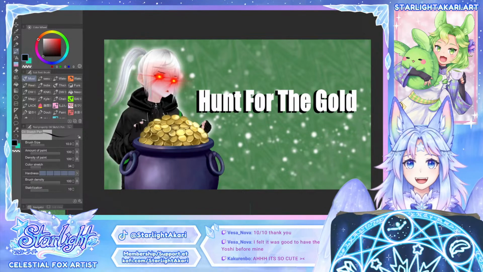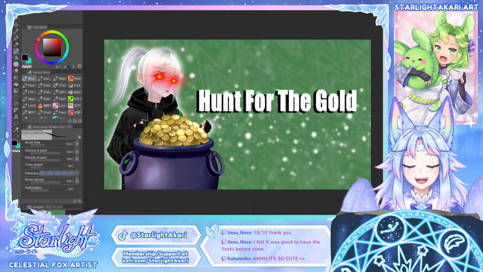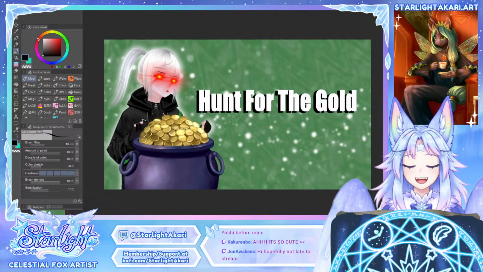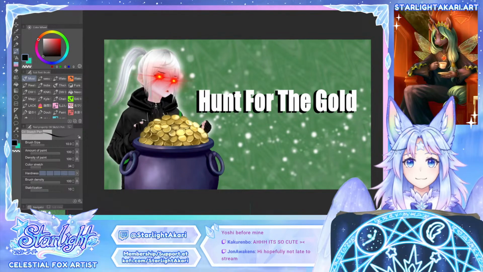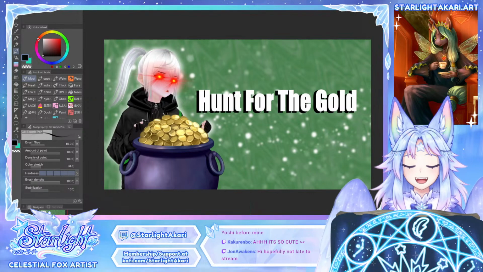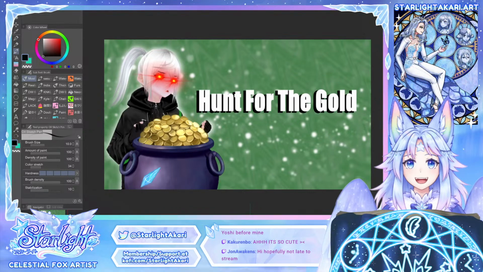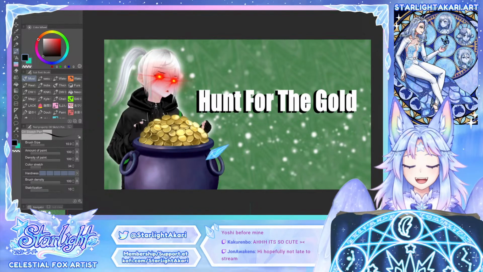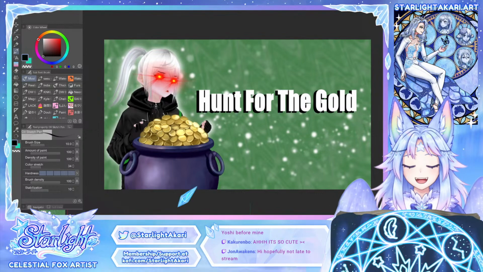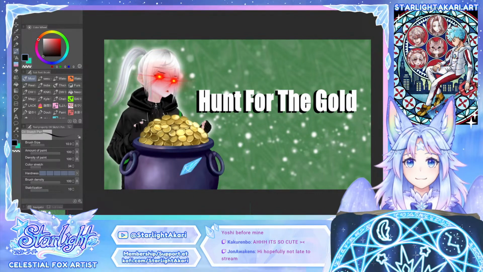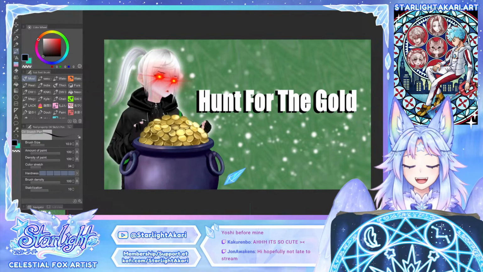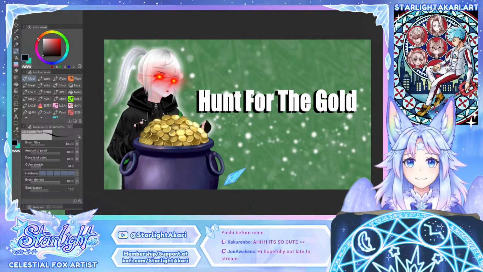I think that what Vesa is doing on the left side works very well. She's kind of emphasized the main thing, which is the pot of gold. You can see the words. You can see the handles of the pot. You can tell what it is. We could probably make it a little bit bigger, but I think it's okay because,